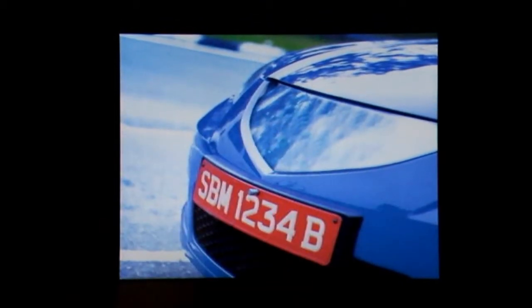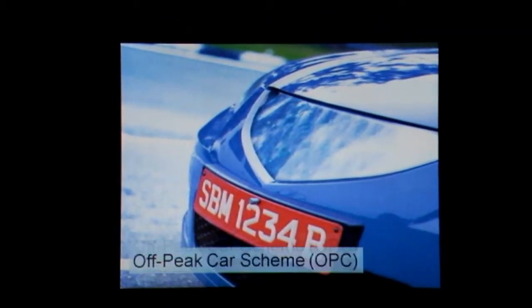Now I'd like to share with you the OPC scheme. The OPC scheme can only be used at specific time periods, mainly 7 PM to 7 AM every day. Now I'd like to share with you how the aggregate demand